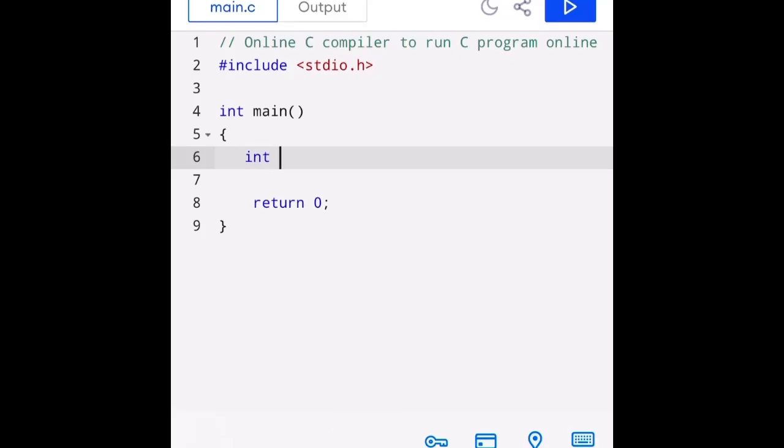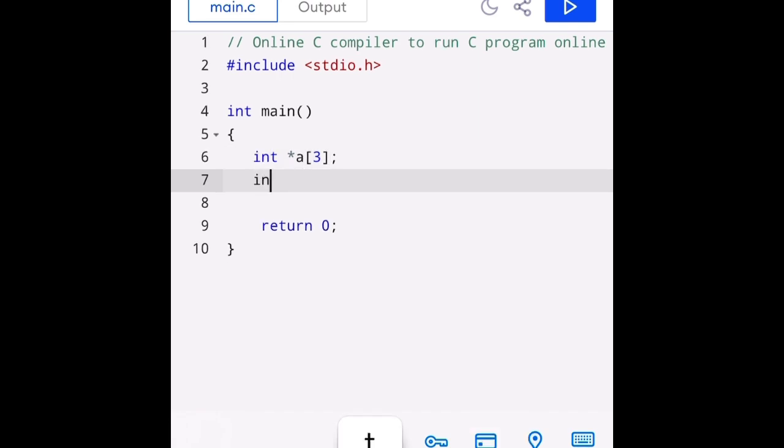Dear students, today we will see how we can declare the pointer array. That means an array which will be capable enough to store the address of the variables. So you can see here we are taking A as an array with size 3, but it is a pointer array because you can see that we have mentioned asterisk